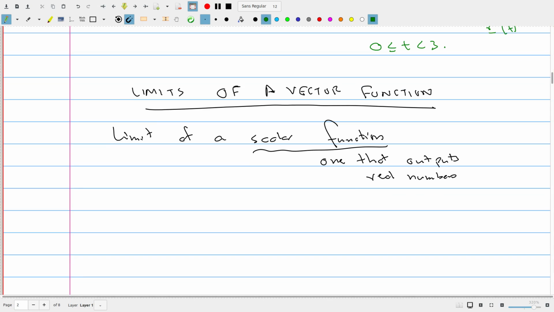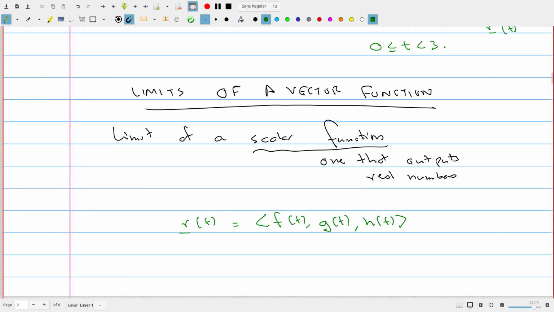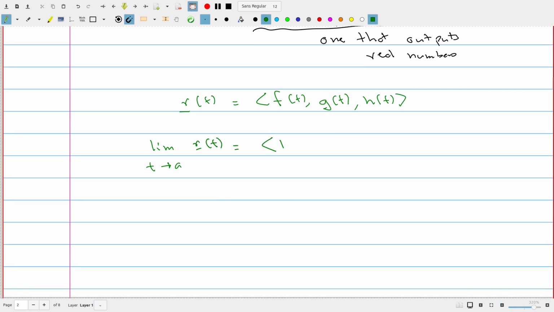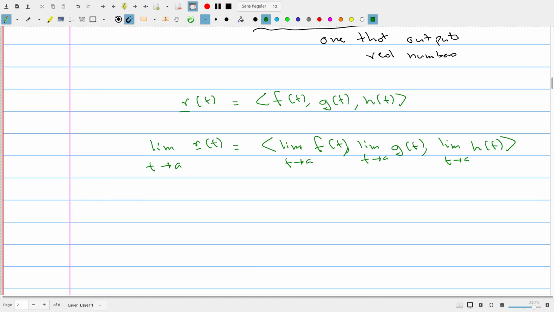So if r(t) is again the same definition, f(t), g(t), h(t), then the limit as t goes to a of r(t) equals the limit as t goes to a of f(t), comma, the limit as t goes to a of g(t), comma, the limit as t goes to a of h(t). Right? So according to definition 1,